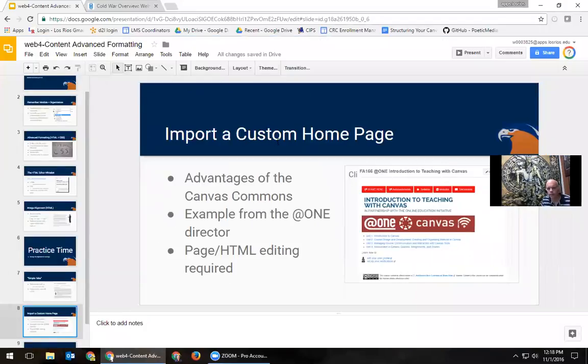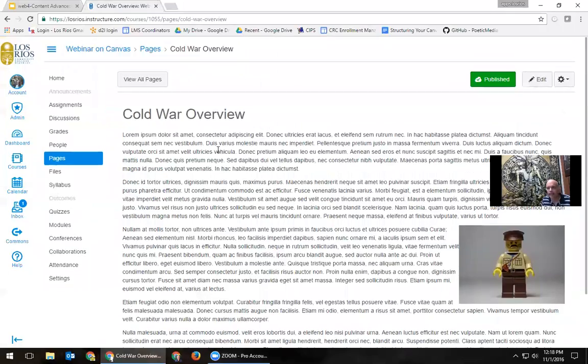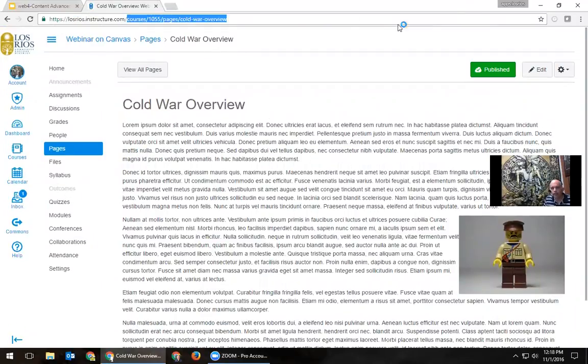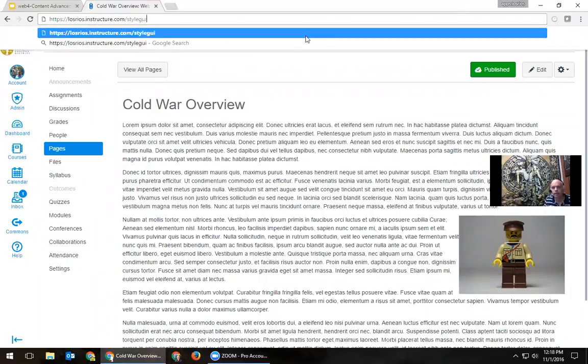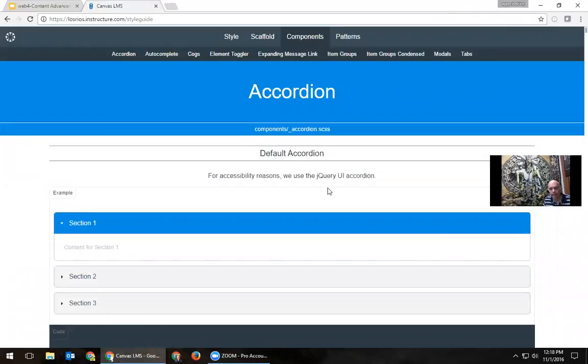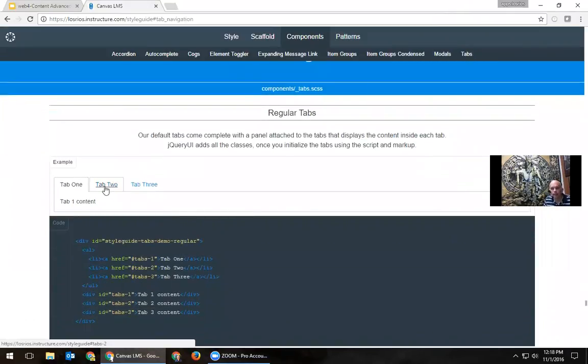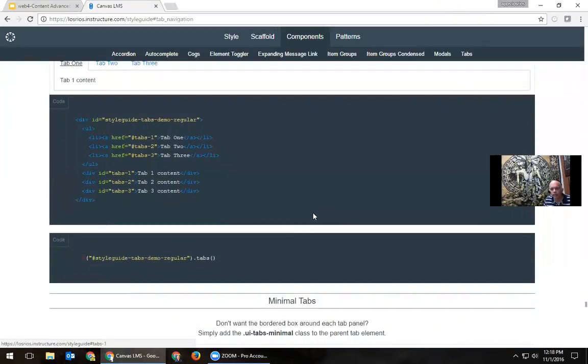Again, taking any Canvas URL and basically at the end putting in styleguide will take me to the CSS for Canvas, and basically I'll be copying some HTML and then pasting it into a content page, a rich text editor. I can see that tabs is one of the options over here, and here are the tabs. I can see what the examples are. So all I need to do is copy